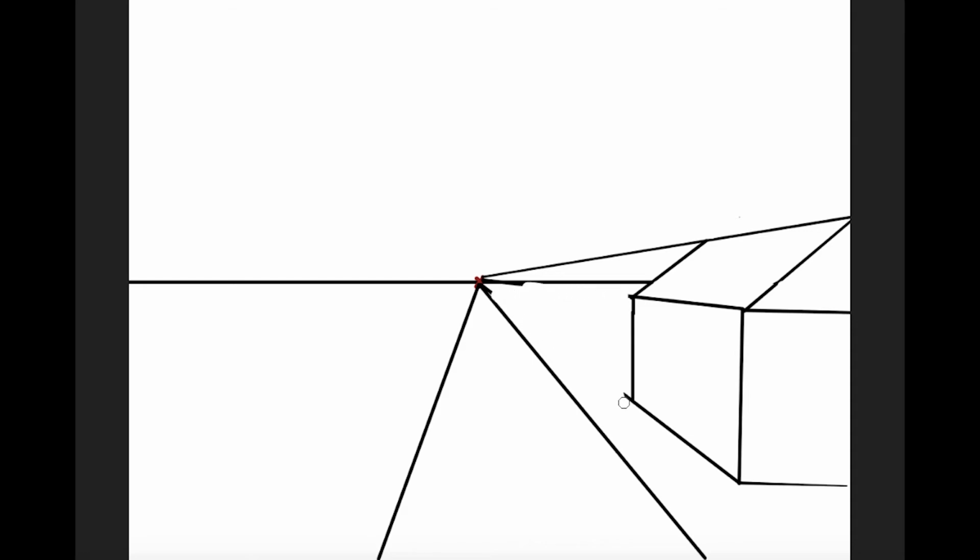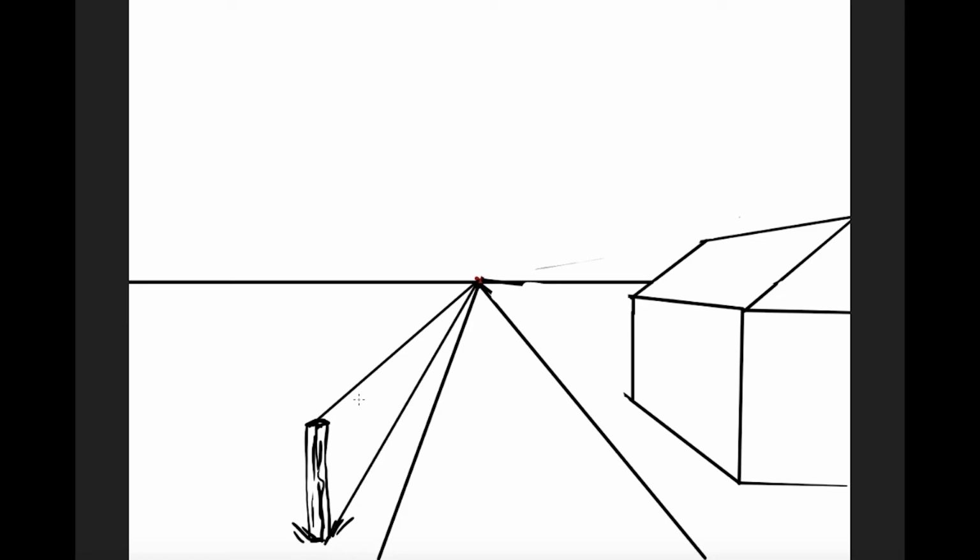Once this is set, if you wanted to put a window or something like that in, you could, and you would just create the side of the window and go to the vanishing point. Anything goes to the vanishing point. So for things like telephone poles, fence posts, things like that, let's say we have this very nice fence post here, and we want to go along the road to the vanishing point. I'm going to draw from the top and the bottom of our lovely fence post a guideline to show me how tall the fence posts will be